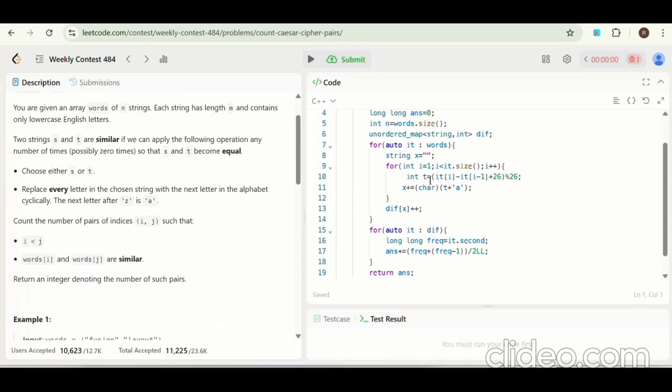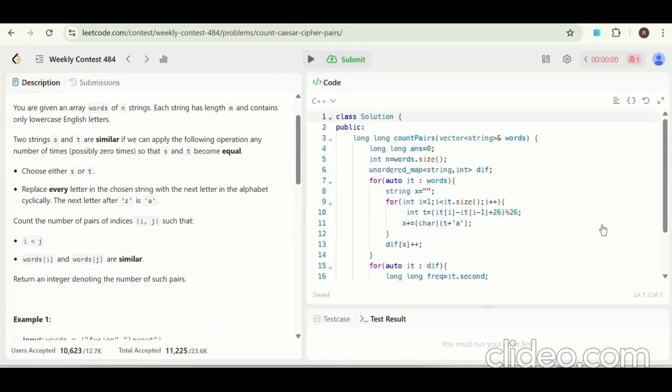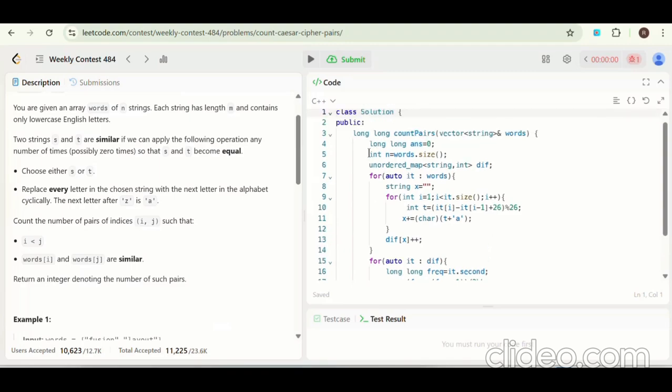So what basically I did in this solution, we have declared the long answer and words, and we have defined the difference unordered map of string comma int.